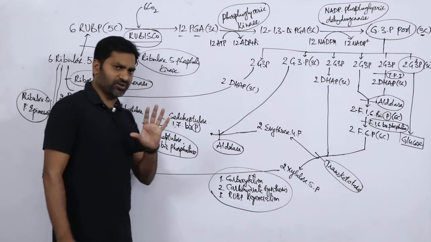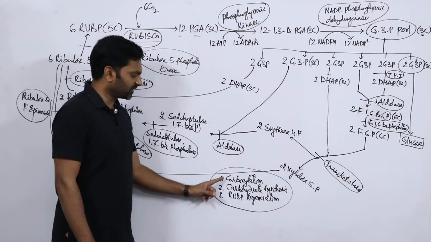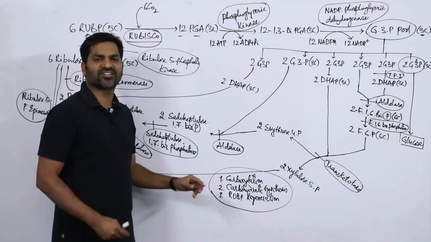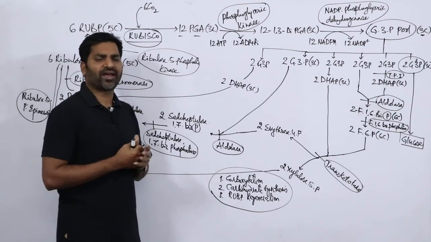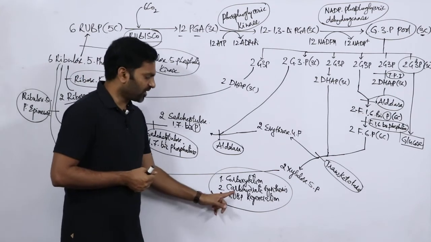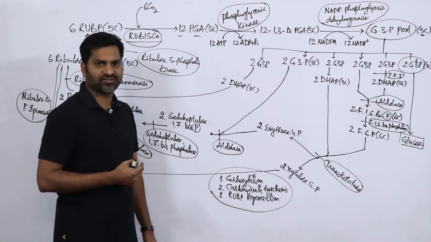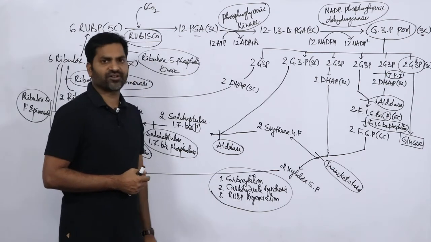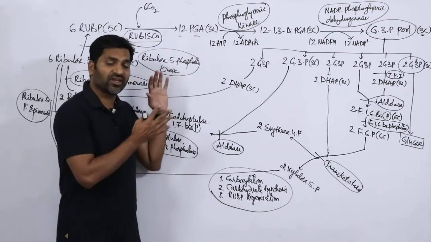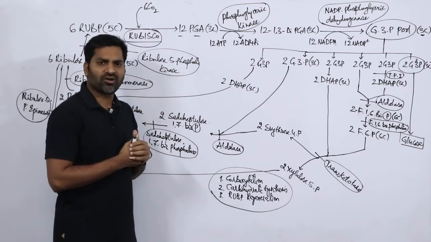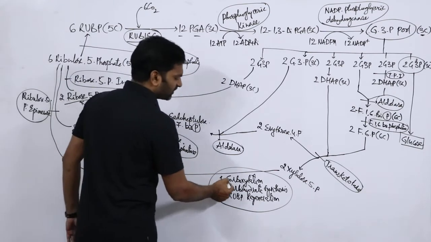So we will see each and every concept so you can have clarity. Carboxylation is nothing but the addition of carbon dioxide. Then carbohydrate synthesis, the production of glucose, is called carbohydrate synthesis. Then RuBP regeneration: ribulose 1,5-bisphosphate is regenerated during this entire cycle, so that is called RuBP regeneration. We'll see one by one. What is the first one? Carboxylation.